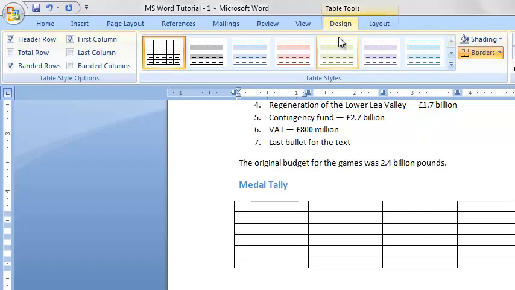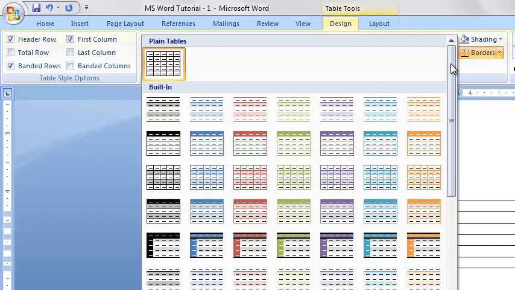Now once you've done this, on the top you see the table styles. There is a Design tab that has been activated, and you see a grouping called Table Styles. This gives you the option to put certain colors, banded rows and things like that on the table. How do you do it? You click on the down button here, and you have so many options.